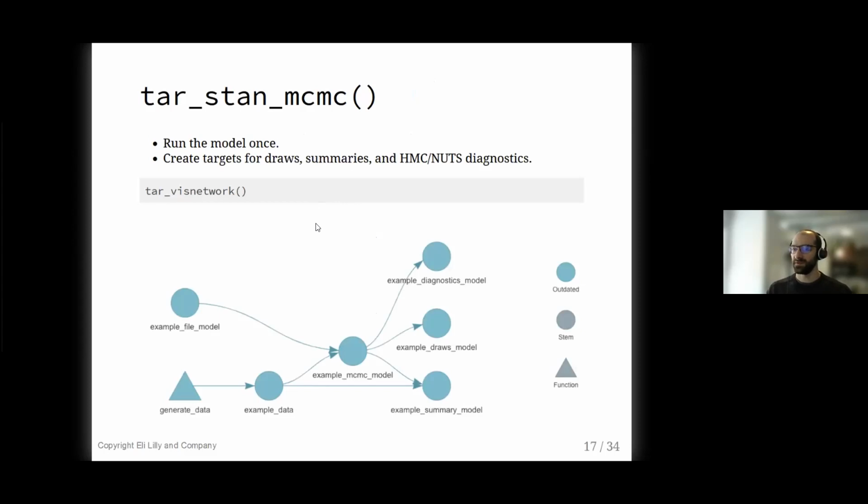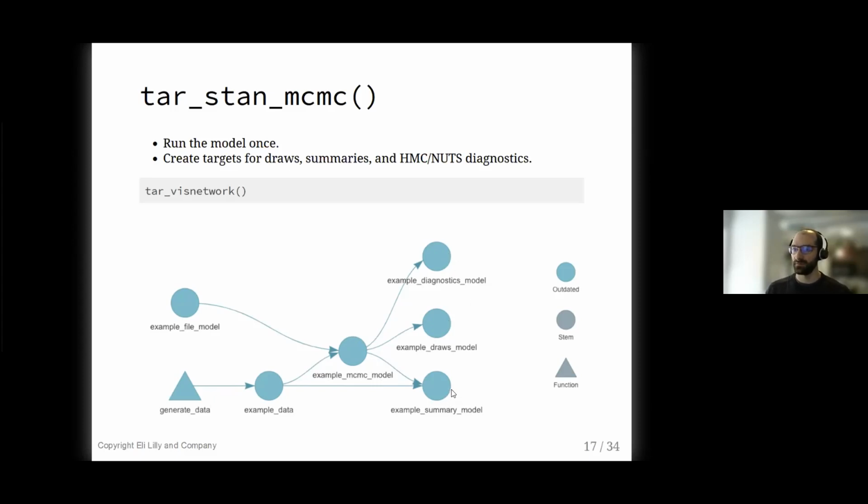And so in typical target factory fashion, if you include, for example, tar_stan_mcmc in one of your pipelines, you're getting multiple targets, even though it feels like you're declaring only one. So you're getting targets that track the model file for changes and the example data, the data that you're using, example or real, where you'll run the model and you'll get actually multiple outputs from the model.